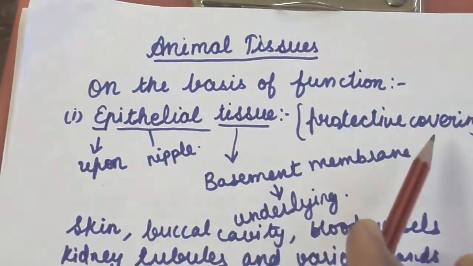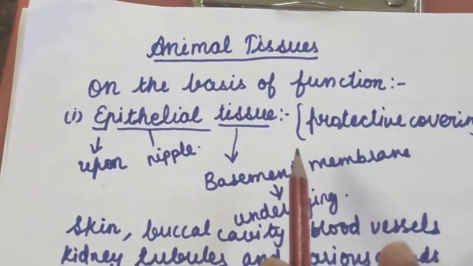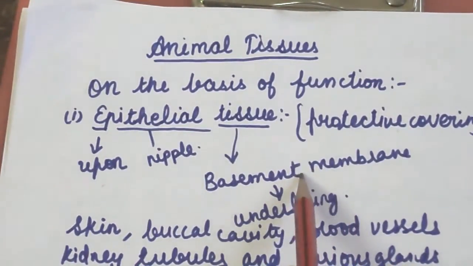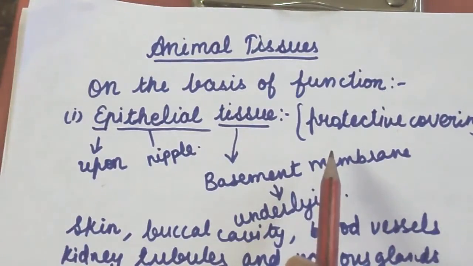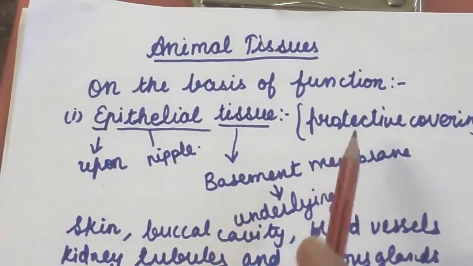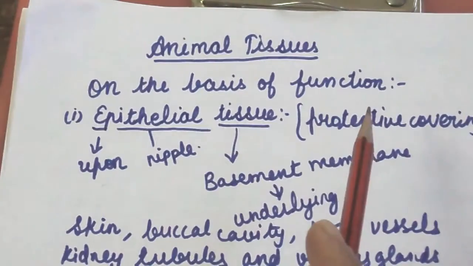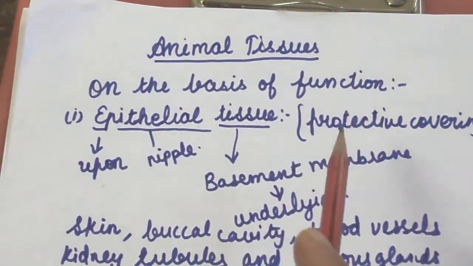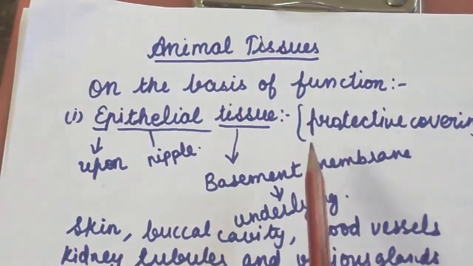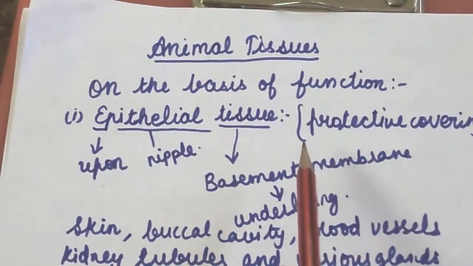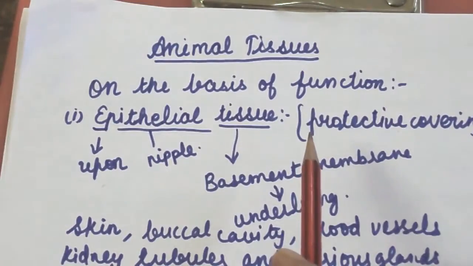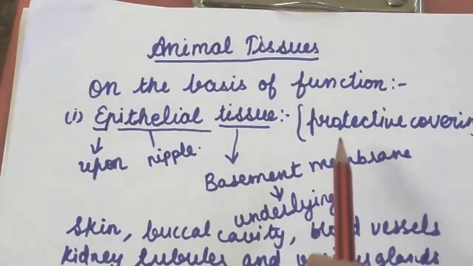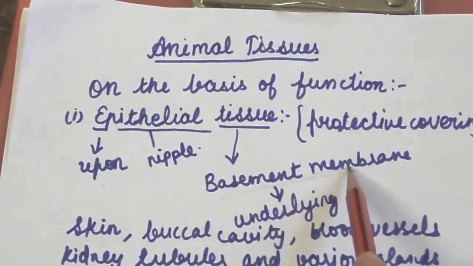It consists of mostly one or more layers of tightly arranged continuous sheath of cells. In these tissues, the cells are closely packed and there is small intercellular material between them. Cells in this tissue are held together by intercellular junctions, and an extracellular layer of collagen fibers and dense matrix is found below the epithelial membrane, called the basement membrane.